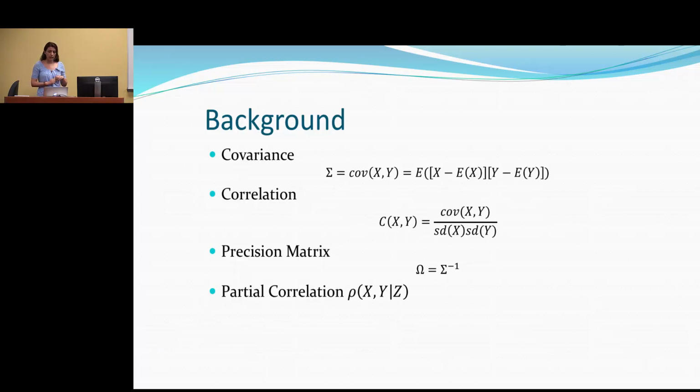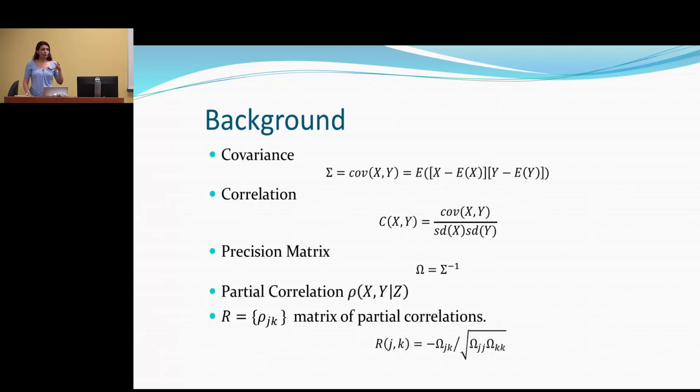Partial correlation measures the degree of association between two variables given other variables. So for example, here we want to find how x and y are correlated given z. If we assume R is a matrix of partial correlation, the helpful relation that we want to use here is the relation between partial correlation or independency and the precision matrix.